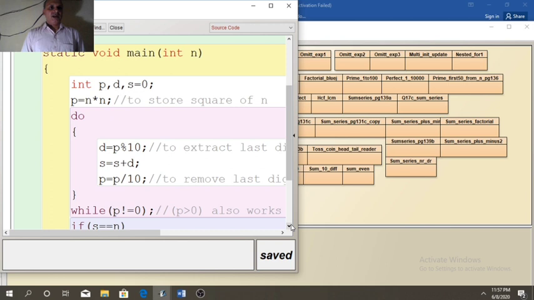The same do while loop I have used to explain the working.